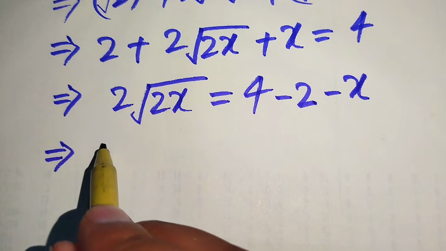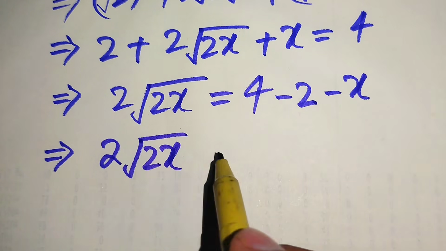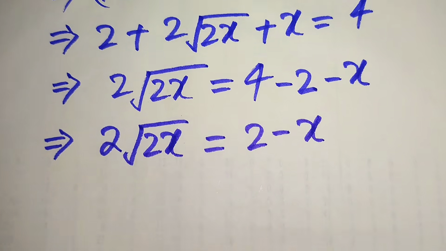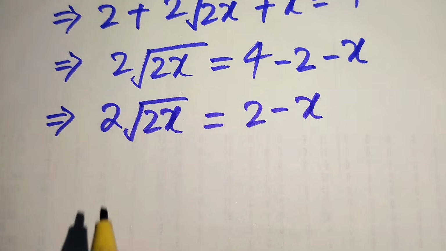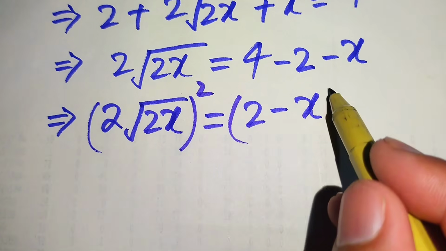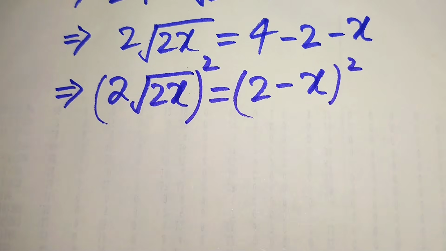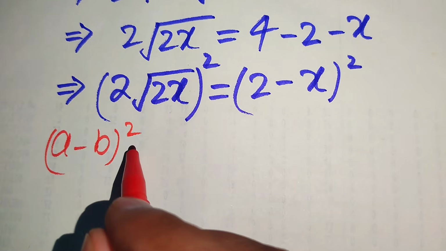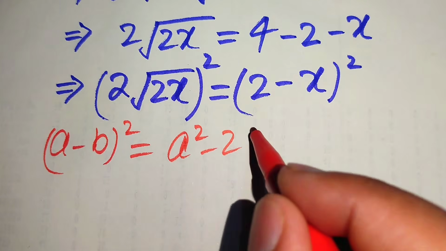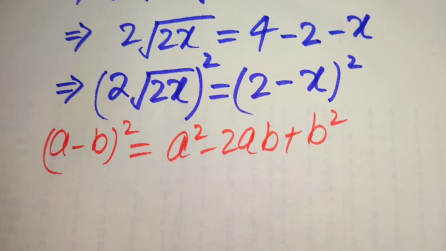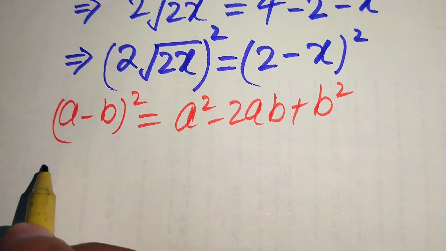And now further we have 2 times square root of 2x is equal to 4 minus 2, which becomes 2 minus x. And now in order to remove this square root sign, we again take squaring on both sides. After that, we use another algebraic formula on the right hand side: (a minus b) whole square equals a square minus 2ab plus b square. According to this formula, we expand the right hand side in this form, but first